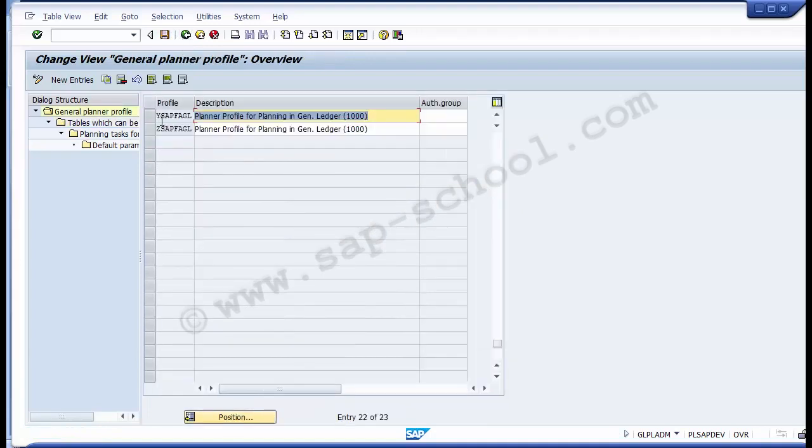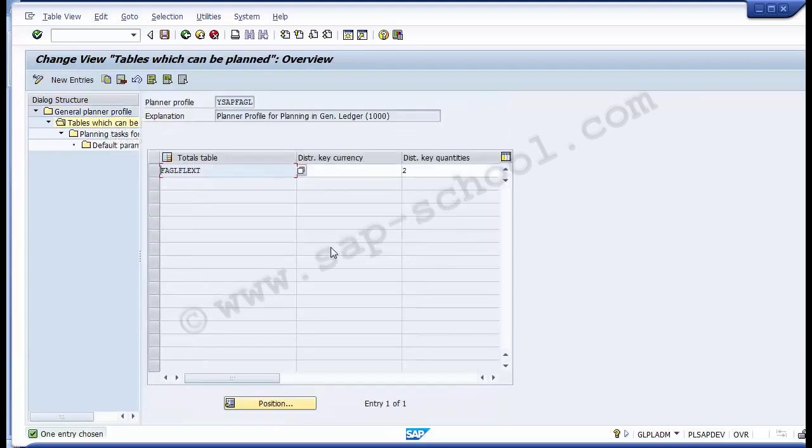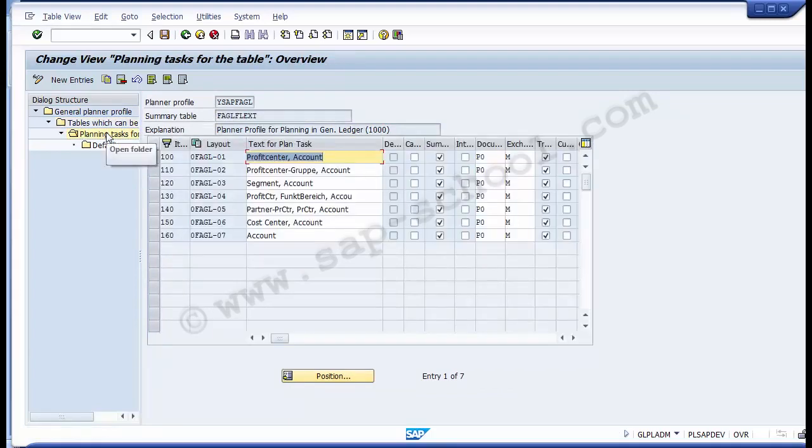I hope it would be easier for you. You need just to select this. Then once you selected the profile by SAP FAGL, you need to go to the table which can be planned. So this is the table we added. You can select your own total table, and then you can go to planning task for the table, double click on that, and you will find the different layouts which have been copied from the standard profile, that is